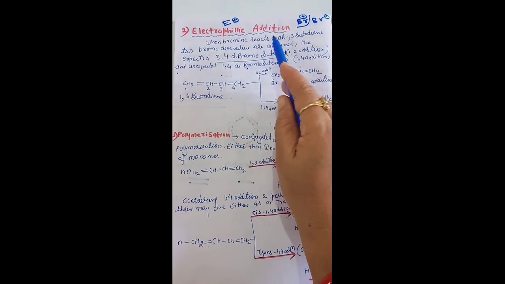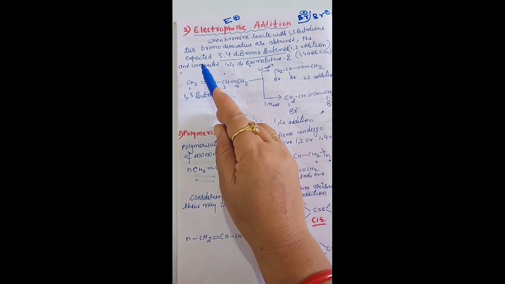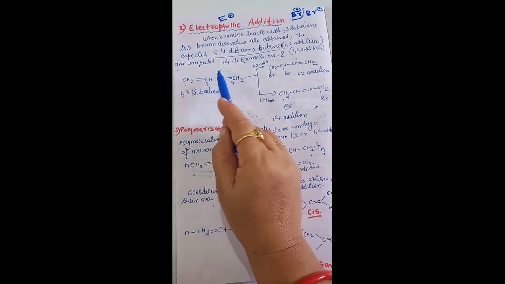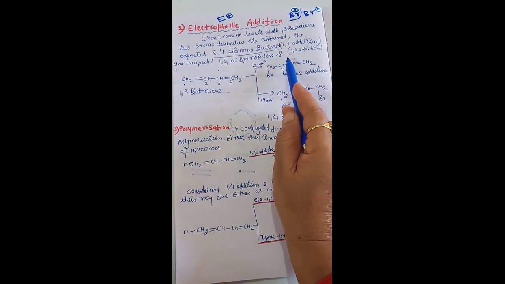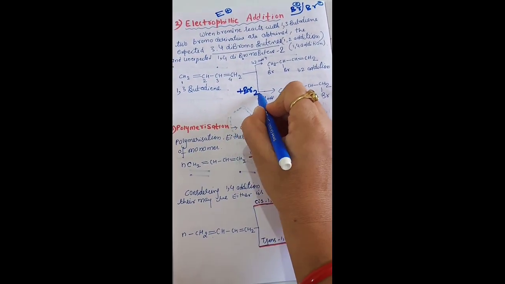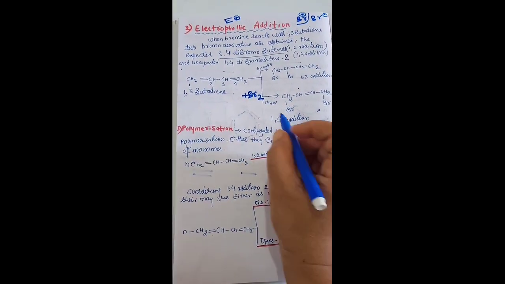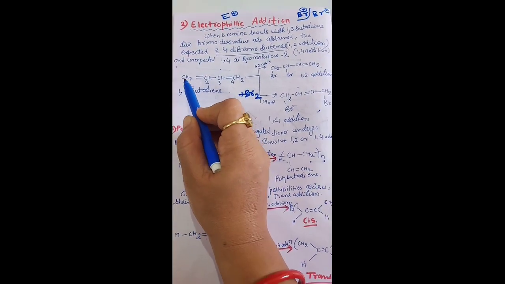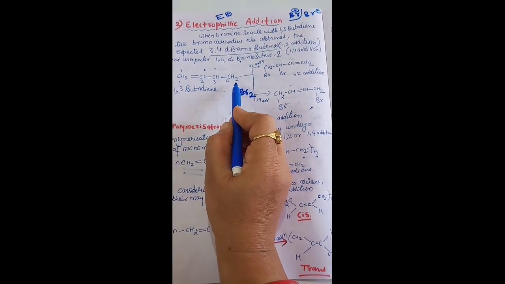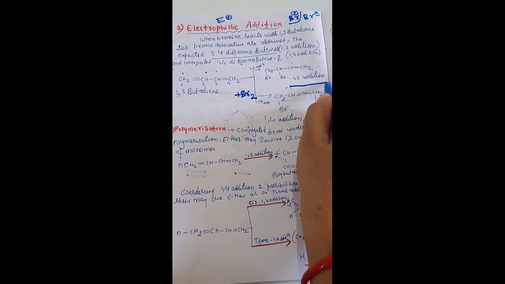Now when bromine reacts with 1,3-butadiene, two bromo derivatives are obtained. The expected 3,4-dibromobutene-1 and the unexpected 1,4-dibromobutene-2 are formed. Means 1,3-butadiene reacts with our bromine. They form two products, as a result of the 1,2 addition and the 1,4 addition. Means the first, it can give us the 1,2 addition product. It can also give us the 1,4 addition product. So 1,2 addition product is expected, means the formation of